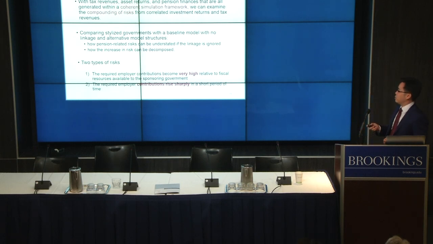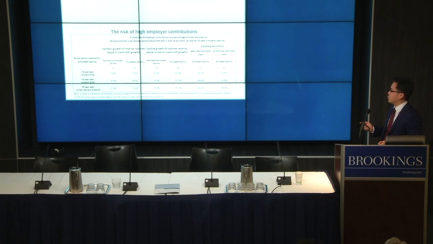So we compare the stylized governments with the baseline model with no linkage between model components, and alternative model structures where we have only a partial linkage. And we will see how pension-related risks can be understated if the linkage is ignored. And we also see, when the linkage is taken into account, how the increase in the risk can be decomposed into different factors. And we look at two types of risks. The first one is very high government contribution relative to tax revenue, and the second one is the sharp increase